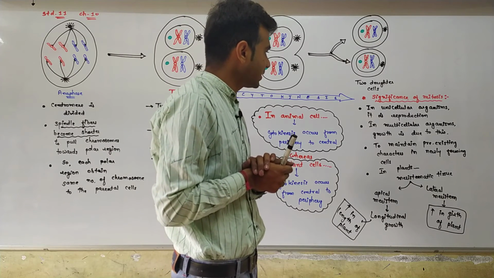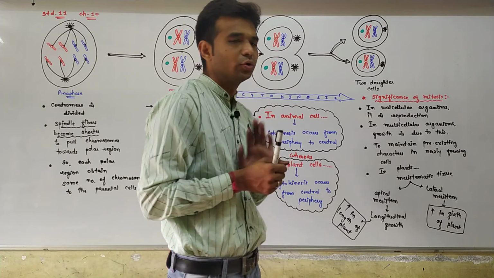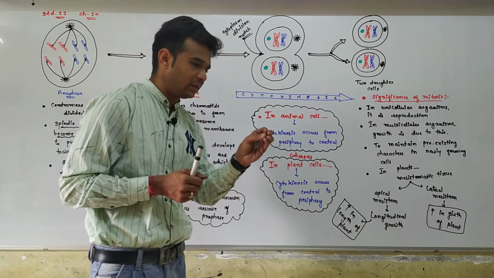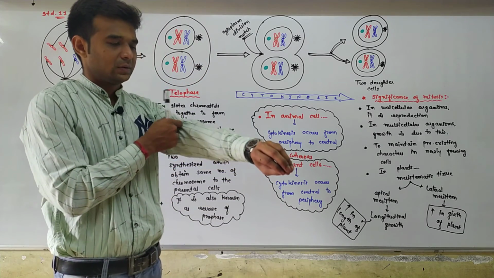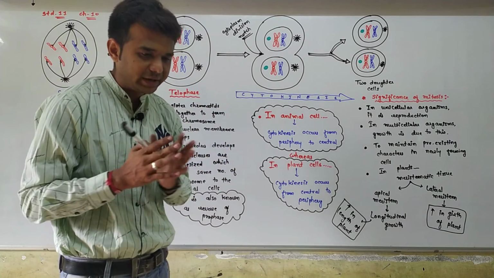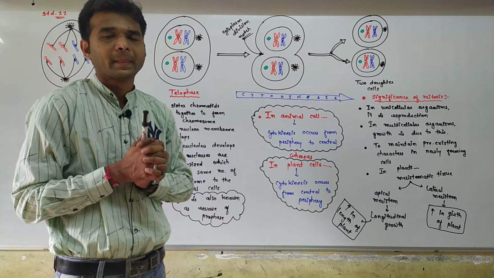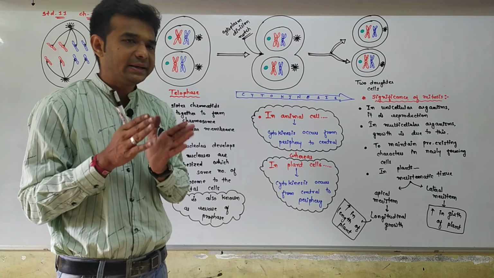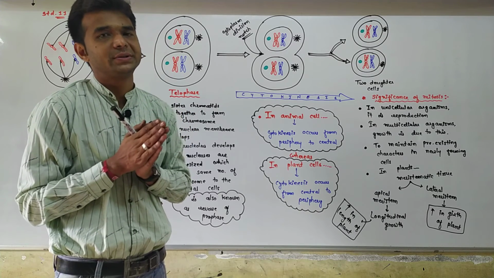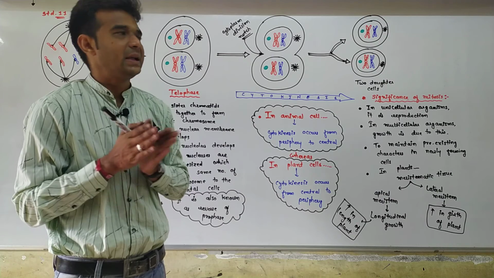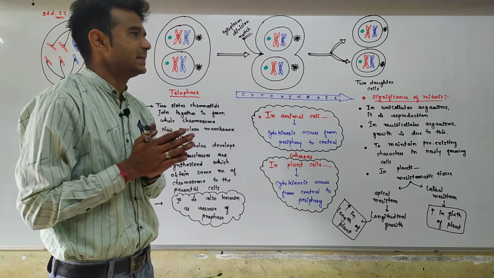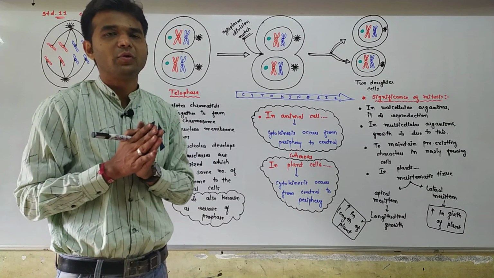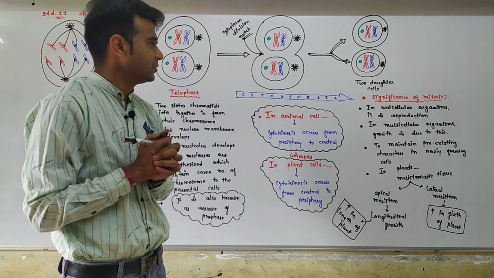In multicellular organisms, it is growth. So, embryonic growth from the one unicellular zygote, the whole body is generated. This is known as embryonic growth as well as development, and it is due to mitosis. In our body, increase in the length of the body parts and increase in the girth of the body parts is due to mitosis.